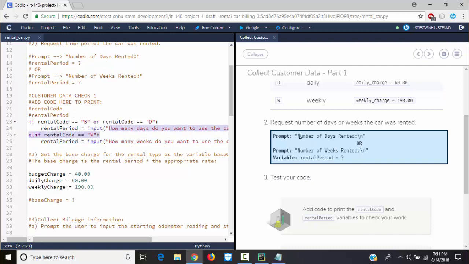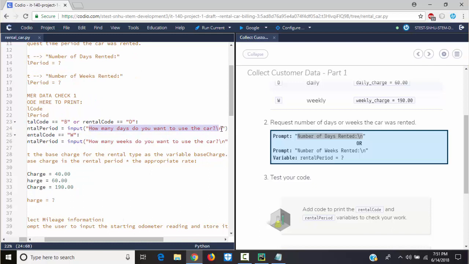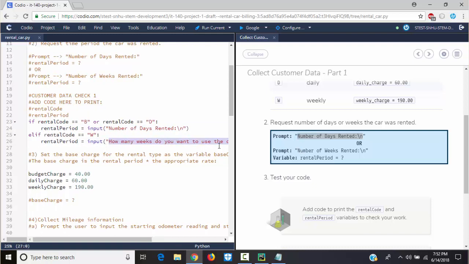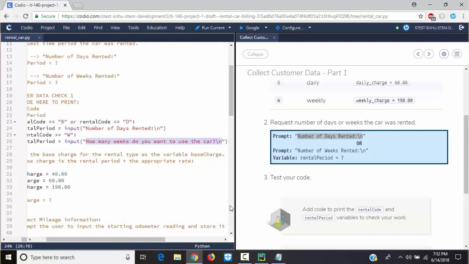This will be number of days rented. I'll copy this and I'll come here and paste this here. Number of days rented, and then this will be number of weeks rented. Okay. Number of weeks rented.